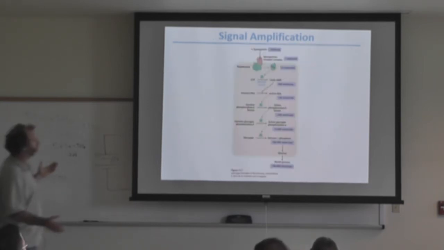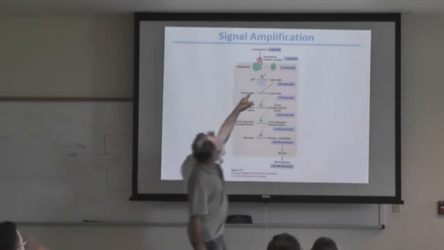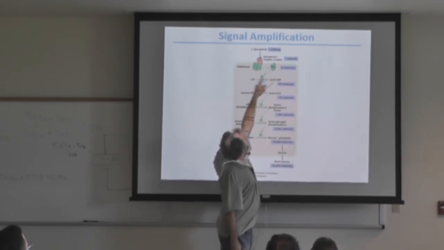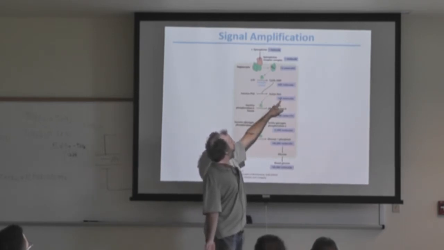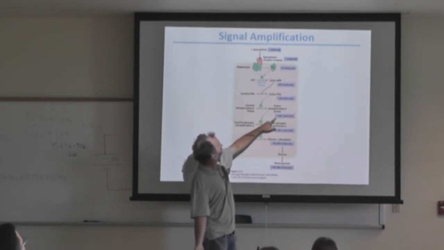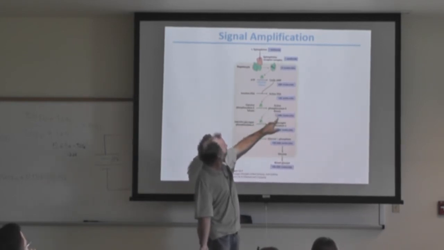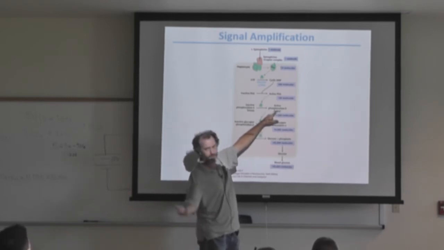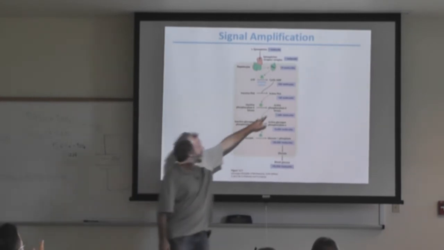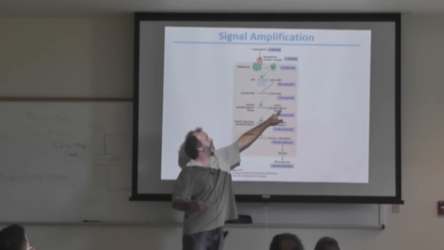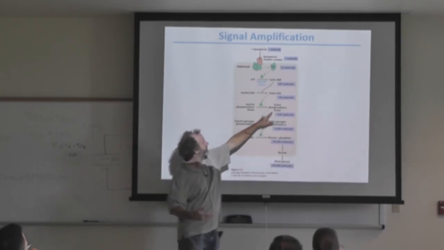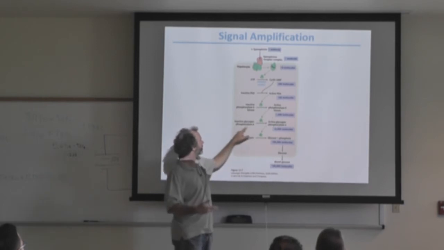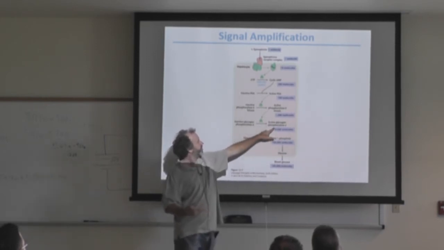And this is just a figure showing you how that amplifies. So you get 10 molecules activating cyclic AMP, which results in 200 molecules of cyclic AMP, which will then have 100 molecules of active protein kinase A, which will activate 1,000 molecules of phosphorylase B kinase. Remember how you were talking about phosphorylase? This is phosphorylase B kinase, the enzyme that actually activates phosphorylase A. So this is another protein kinase that'll phosphorylate phosphorylase B, converting it to phosphorylase A, activating the